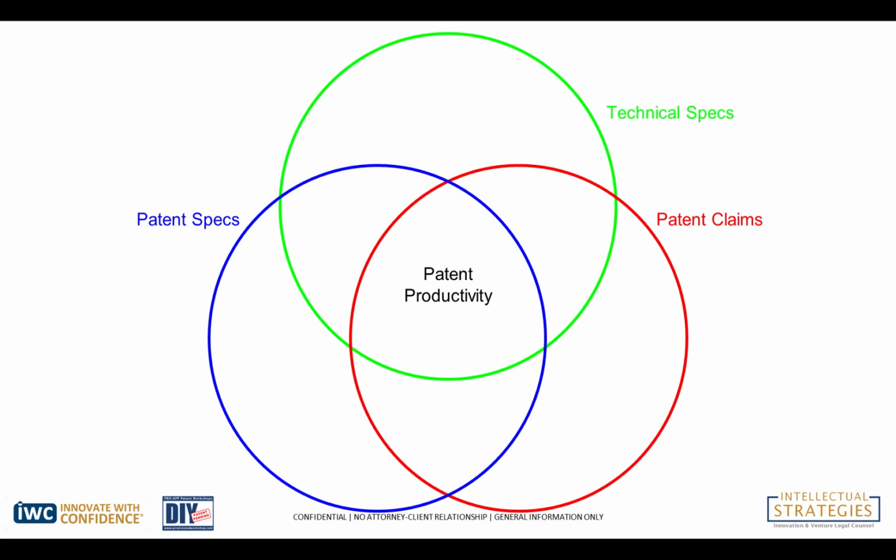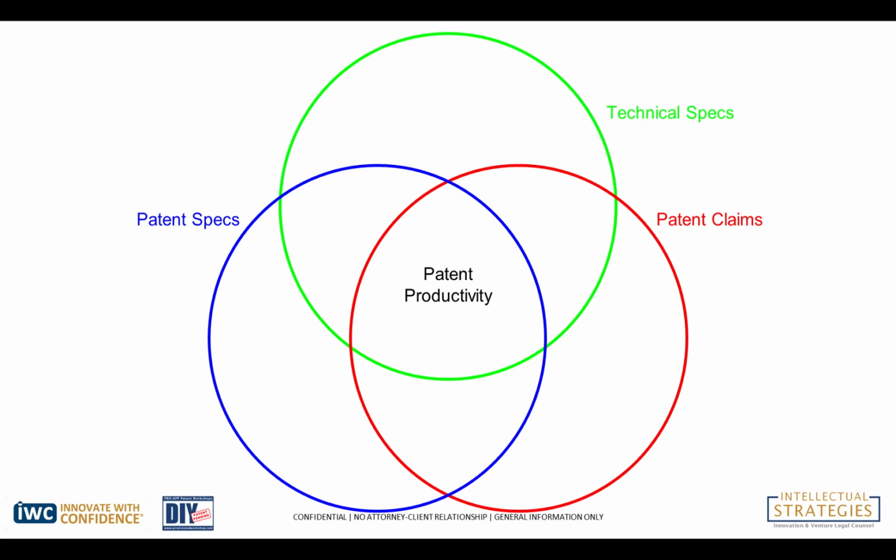To the extent that those don't align, you've got misalignment in your patent portfolio and you've got a less productive patent portfolio. There's also a possibility that the patent specification might be different from what the patent claims are. Usually there's quite a bit of alignment up front as to what those are, but you'll find that when a patent is examined, the patent examiner will introduce different perspectives than maybe what the patent drafter or the inventor had